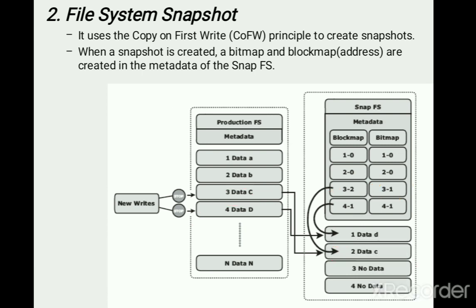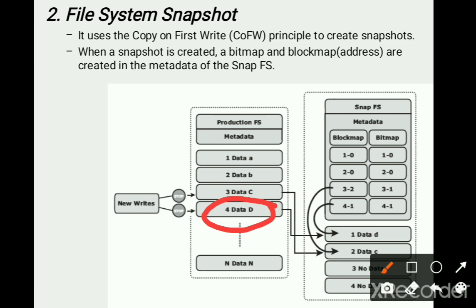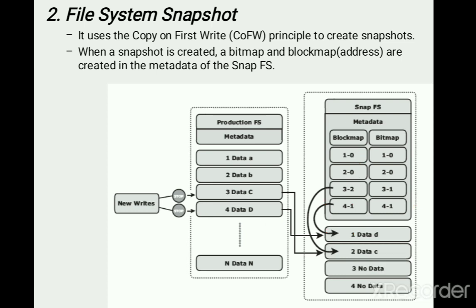In the same way, take another example, the fourth block of the data D. You can check here it is indicating 1, that means the content has been changed, and where the previous data was copied, it was moved to block number 1. So these numbers, 1, this 2, 0, 0, state where it is being copied, which block it is copied to.